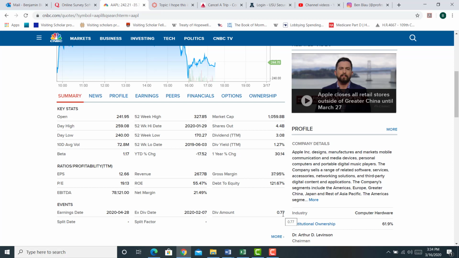So for every share that you own of Apple, you'll receive a dividend of 77 cents per share every quarter. It just automatically gets fed into your brokerage account. It amounts to $3.08 million of dividends that are paid out every quarter, and notice that the dividend yield is